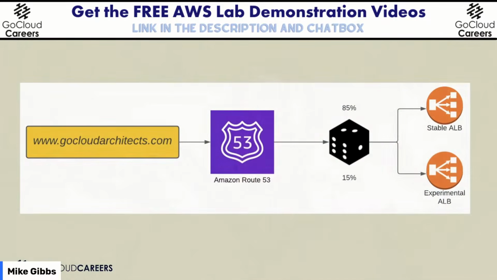And why might you use weighted routing? So you might use it for multi-clouds, but let's say your application developers tried something new, and one of your deployment methodologies is send 15% of the traffic to the new application and 85% to the old application. And if it works well, the users loved it on the new load balancer where the new web server is. They loved it, and it works. Then right after that, you point everybody to the brand new application and all the brand new servers. So you might do that for, say, a weighted routing.